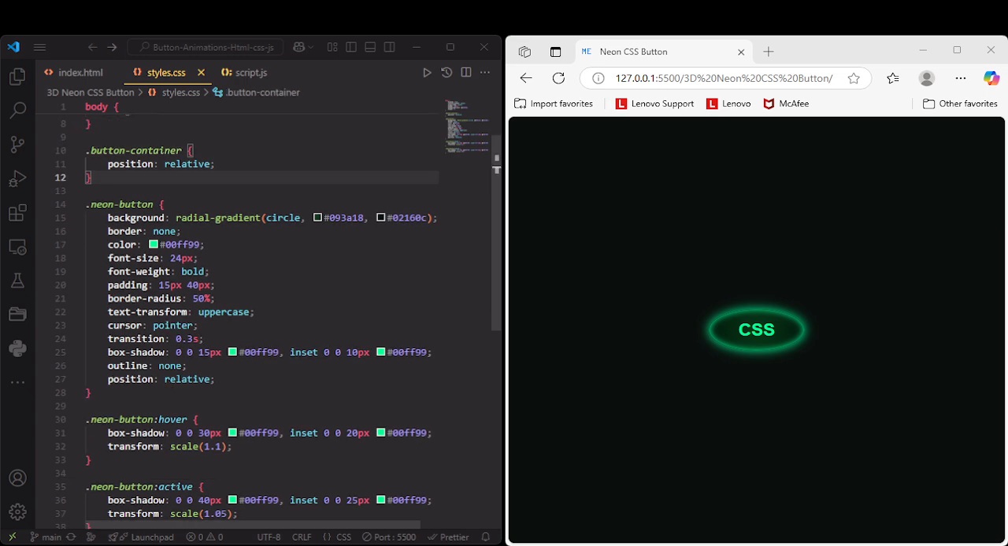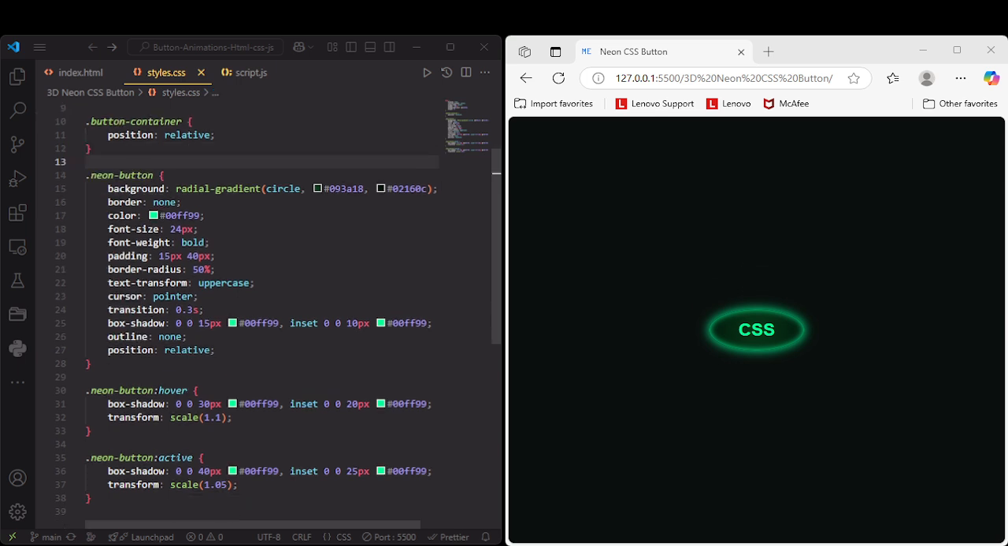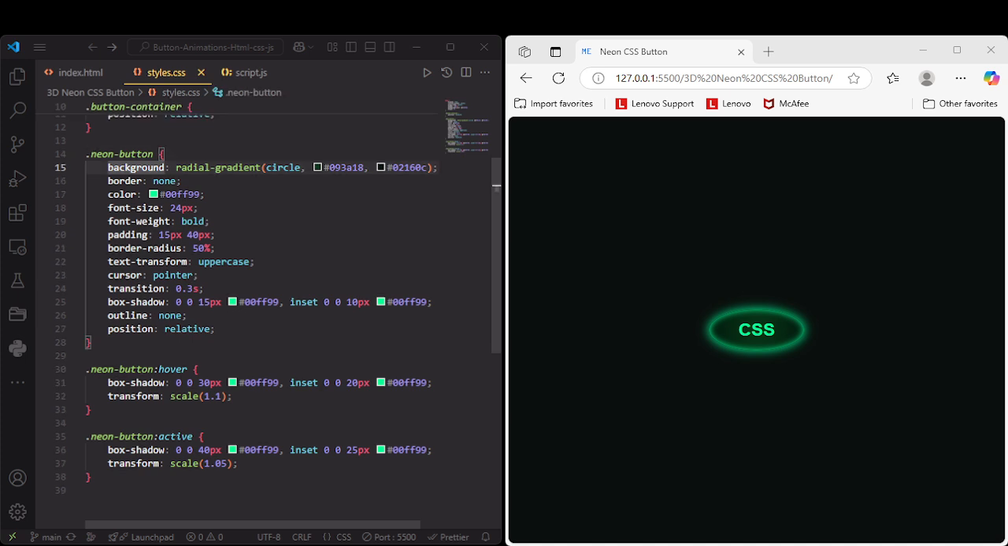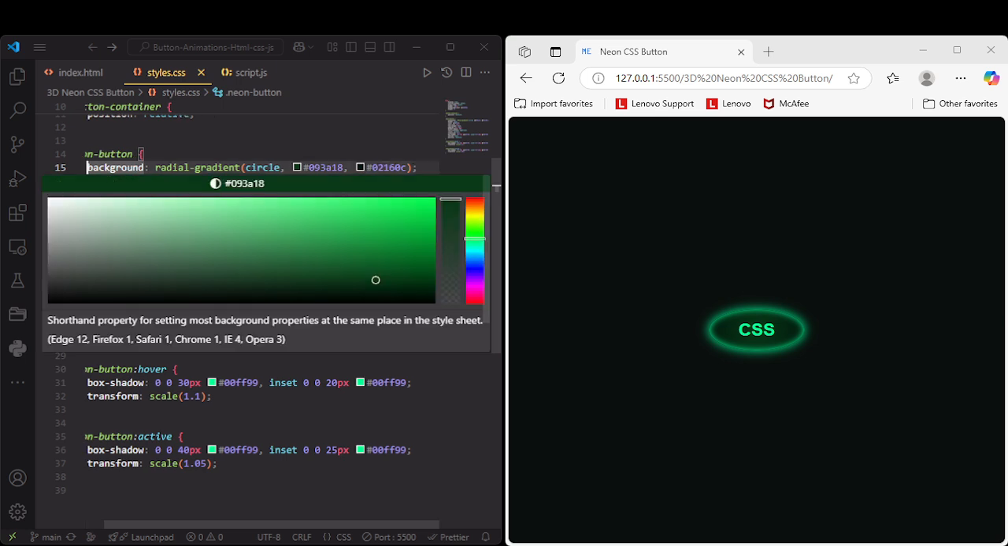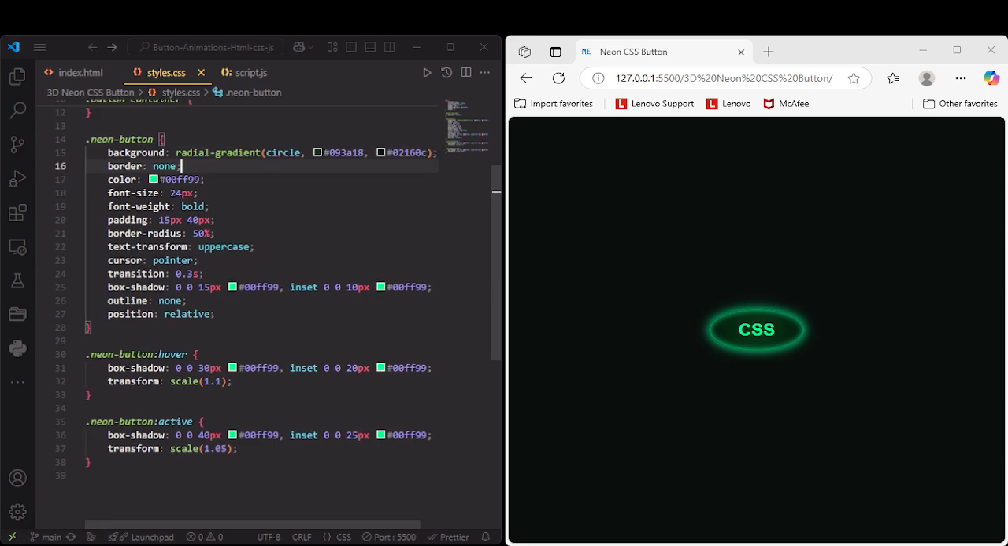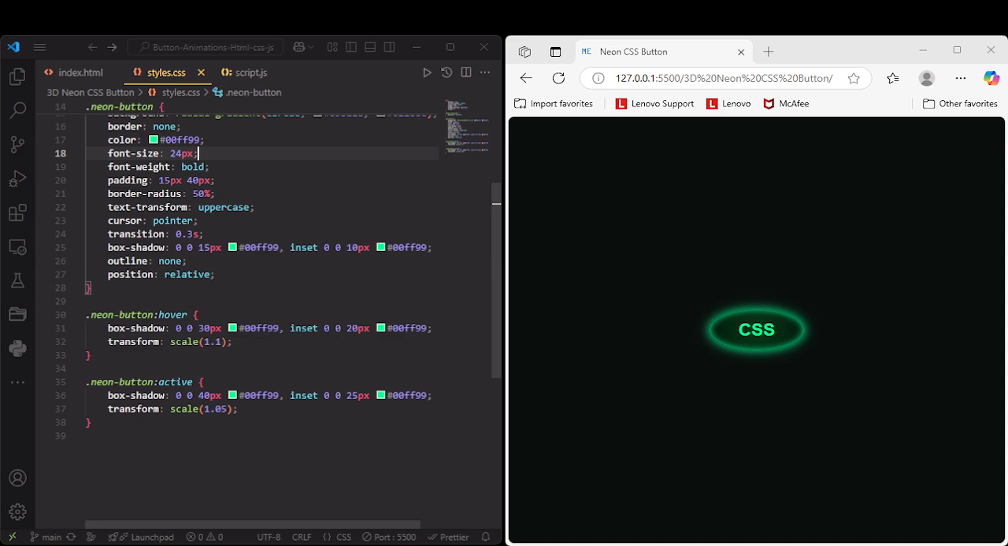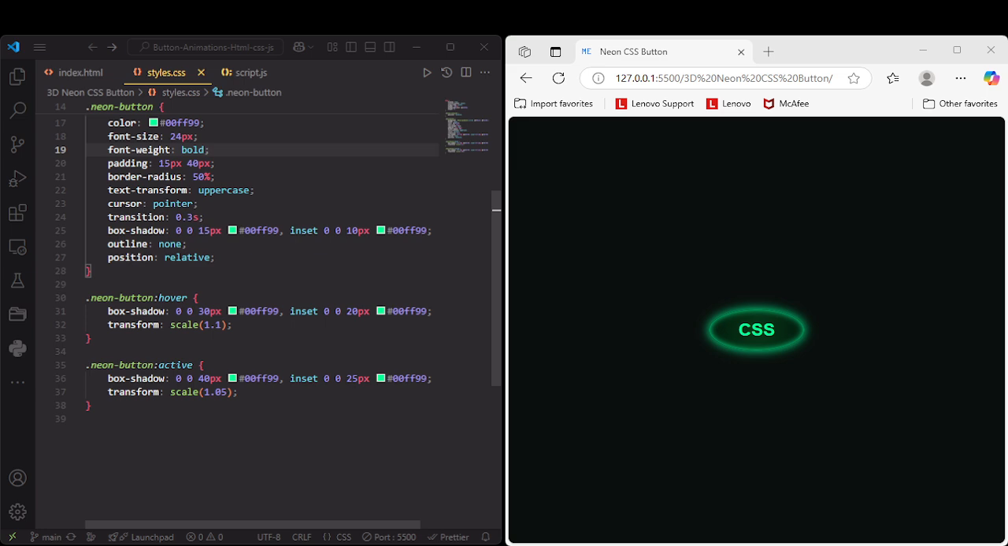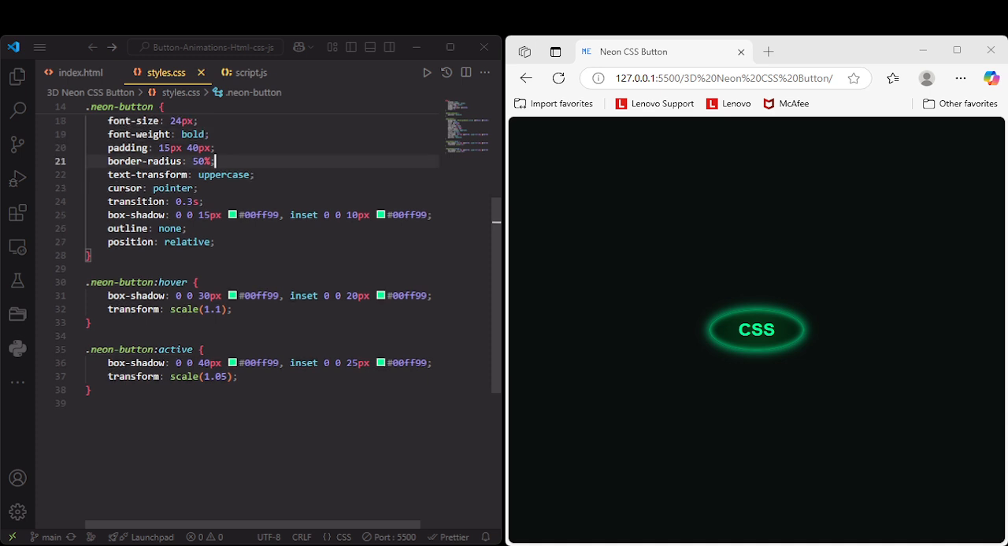And then we have given the button container class position as relative, and its neon button design will be a radial gradient in circle format with a little dark green, giving it a stylish and futuristic UI look, with border as none and a little light green color, font size 24 pixel, font weight bold, padding 15 pixel 40 pixel, border radius 50 for the circular design, text transform uppercase and cursor pointer,